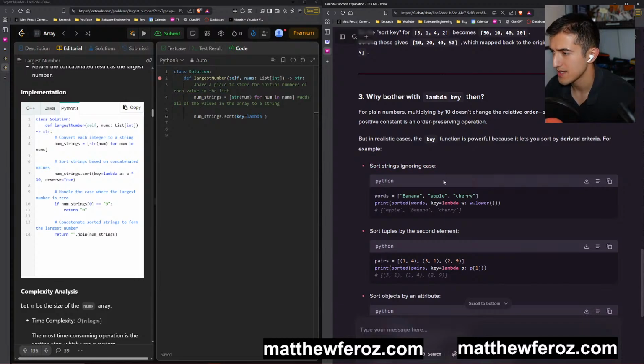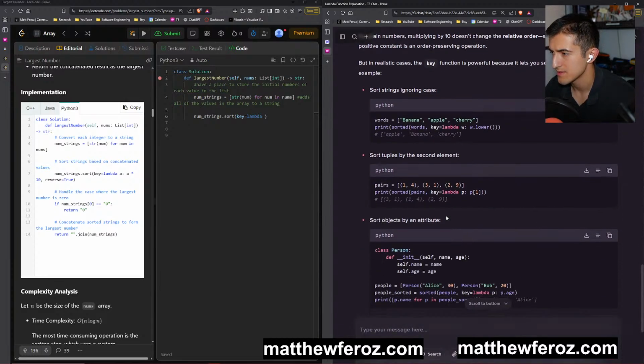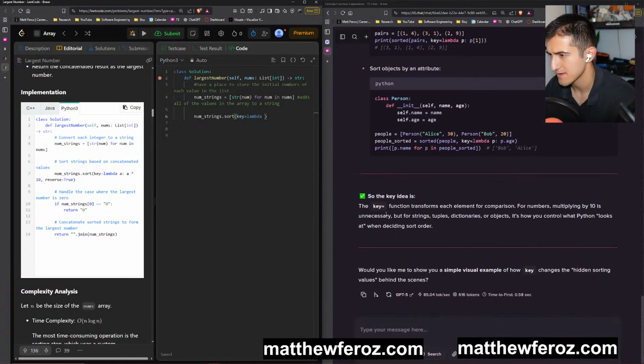Sort strings ignoring case, lower. Okay, so that's the first word being lower. Okay, so that was the thing I needed to find. So the key function transforms each element for comparison, so multiplying by 10 is less necessary. That's how you control what Python looks at.